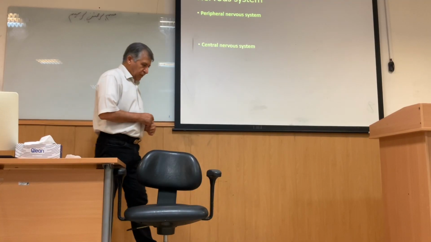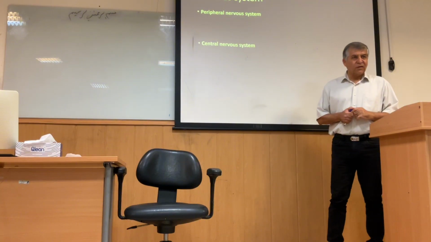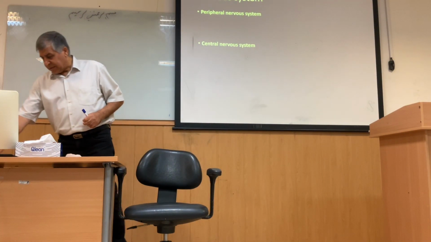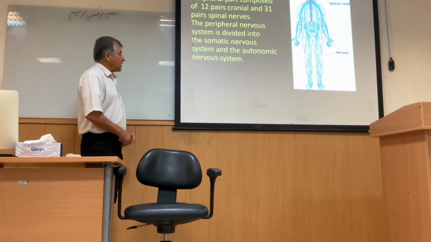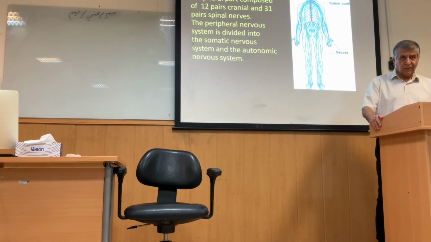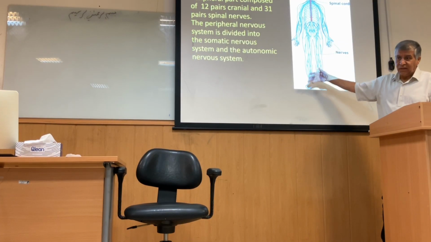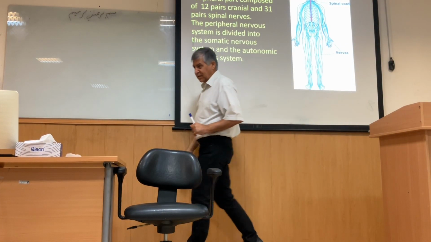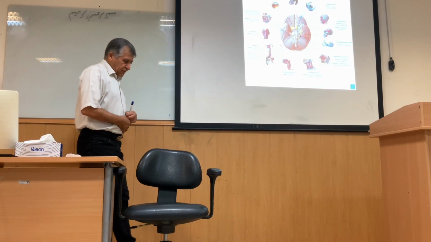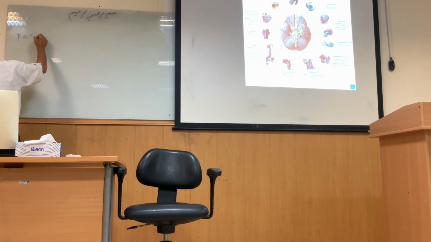Nervous system is divided to parts. Central and peripheral nervous system. Okay? Central nervous system composed of brain and spinal cord. Peripheral nervous system composed of all the structure of the nervous system. Peripheral nervous system (PNS) is divided to